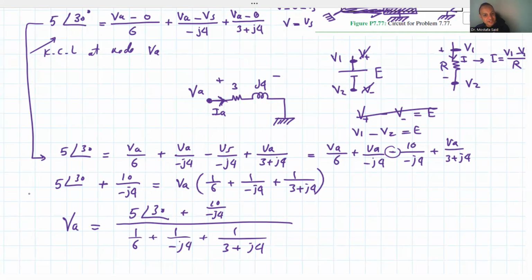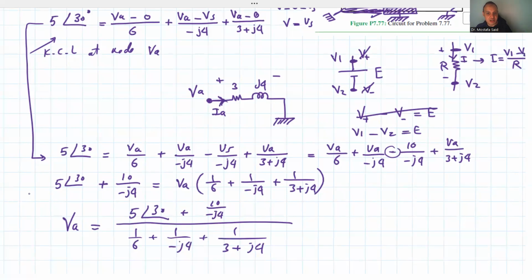Okay, and we learned it from week 1 and 2, basically how to make a division of complex numbers. But I'm gonna teach you something that makes your life extremely easy when you deal with complex numbers. So basically we're gonna use an online calculator. You can just enter this into the calculator with some minor modification, and it will give you the final answer. You don't need to do any simplifications. But it's easier to work